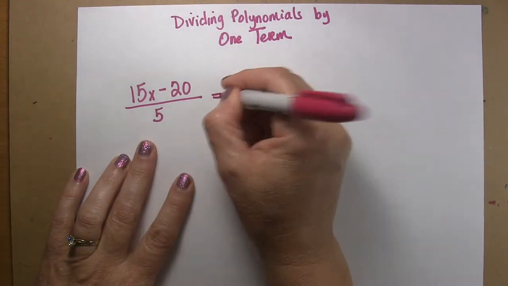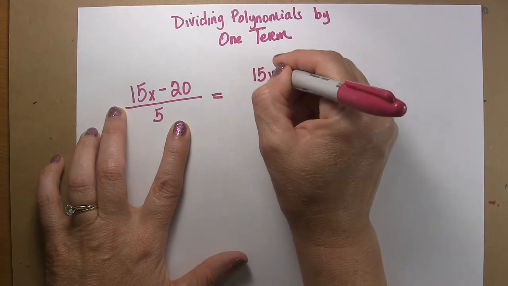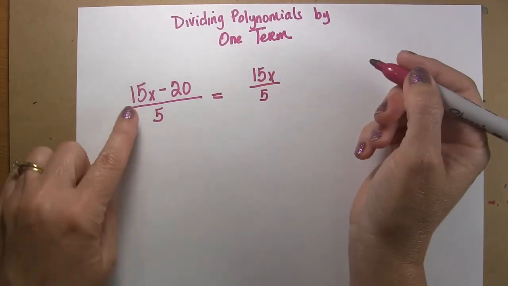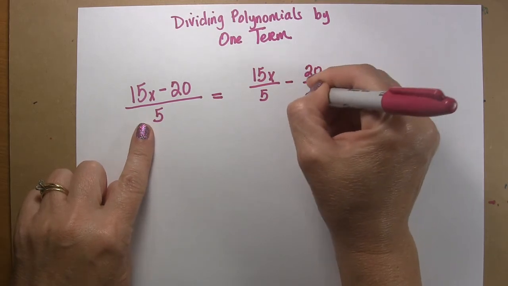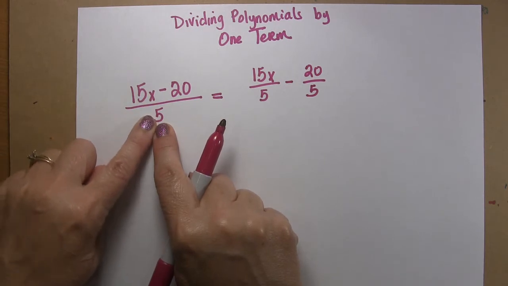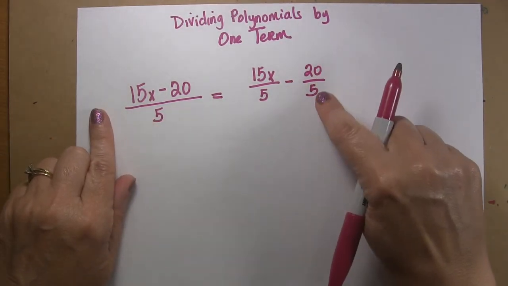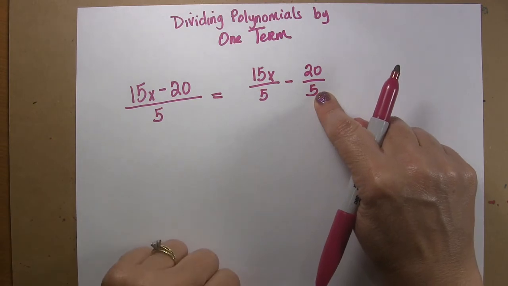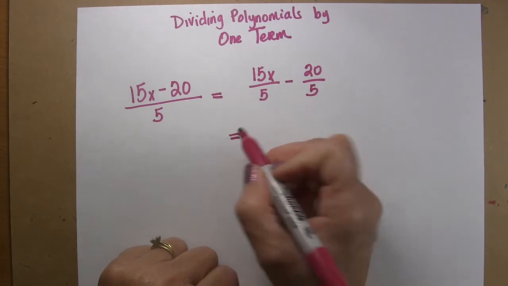Well, what we're going to do is rewrite the equation so that we can show that each term is being divided by 5. One mistake that students often make is they'll divide the 15x by the 5, but then they'll just leave the negative 20 there, which is no good. The negative 20 also has to be divided by 5. And then once you get to this point, then it's